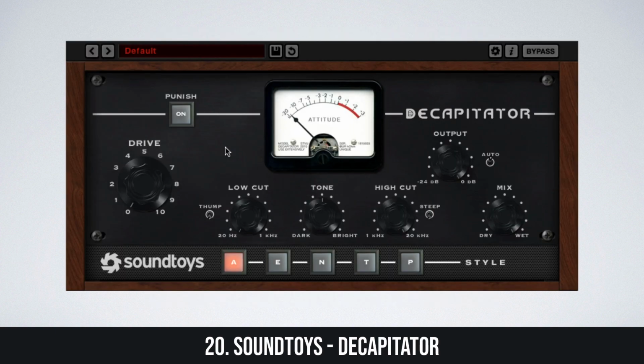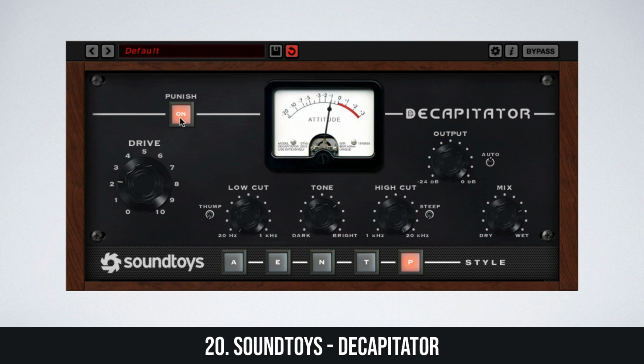Decapitator is a plugin produced by Soundtoys that provides subtle to extreme hardware modeled saturation. It includes 5 different analog saturation models, a tone control, and a mix knob. This saturator delivers a changing, responsive model of all the tubes, wires, and transistors that Soundtoys modeled, which results in a very organic sound. The punish button is one of Decapitator's most alluring features. It adds extra gain to the input signal, driving Decapitator over the edge. The result is distorted and aggressive saturation, perfect for creative sound design.